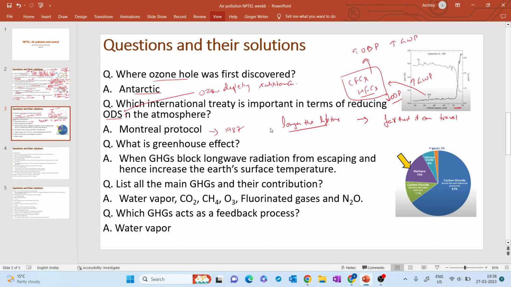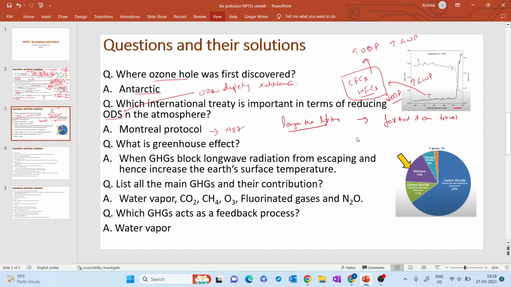Now the third lecture is about the greenhouse effect. What is the greenhouse effect? We know that there are greenhouse gases, right? Greenhouse gases are different gaseous molecules present in the atmosphere, and what they do is that we know,